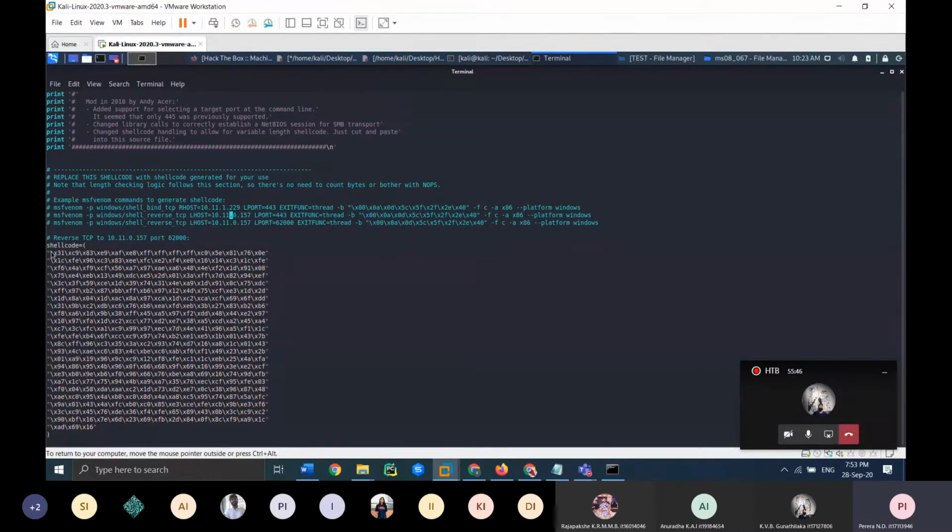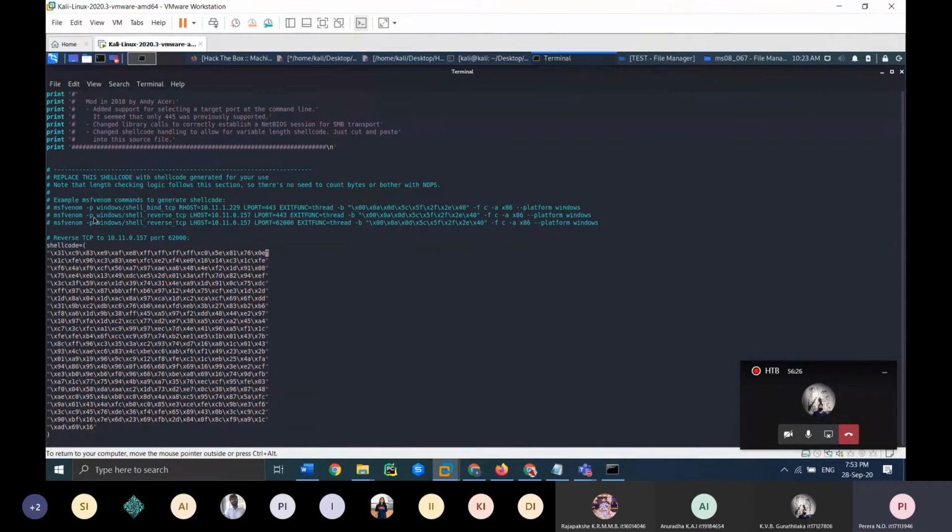When you generate a payload, it generally comes with bad characters. What are these bad characters? These bad characters are nothing but things that defenders, antiviruses and such look for. So you have to remove those bad characters and hide your payload in a smart way. Now we will be doing that. We have to remove these bad characters in order to hide our payload in a smart way. So I will explain this code.